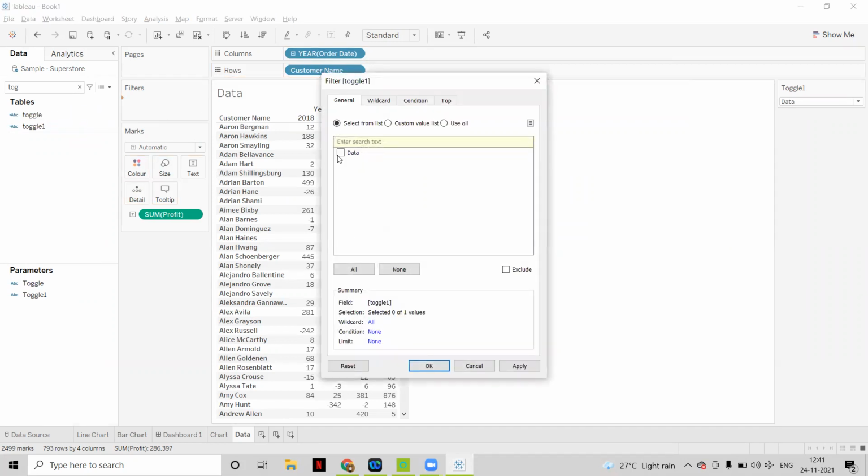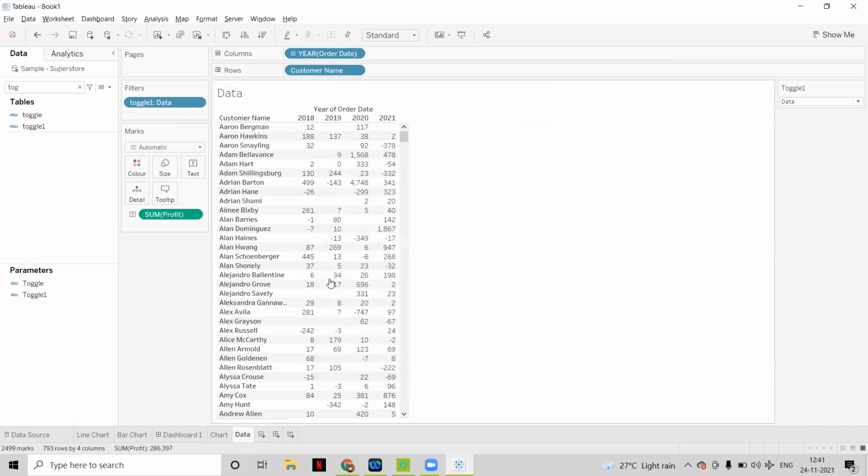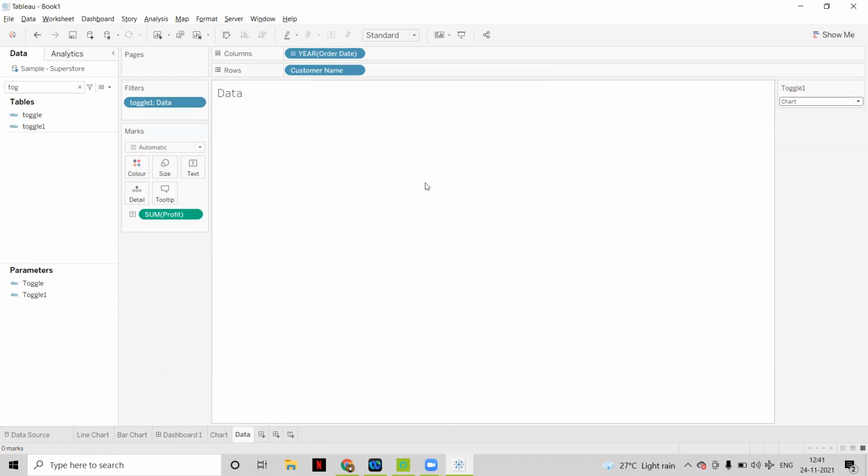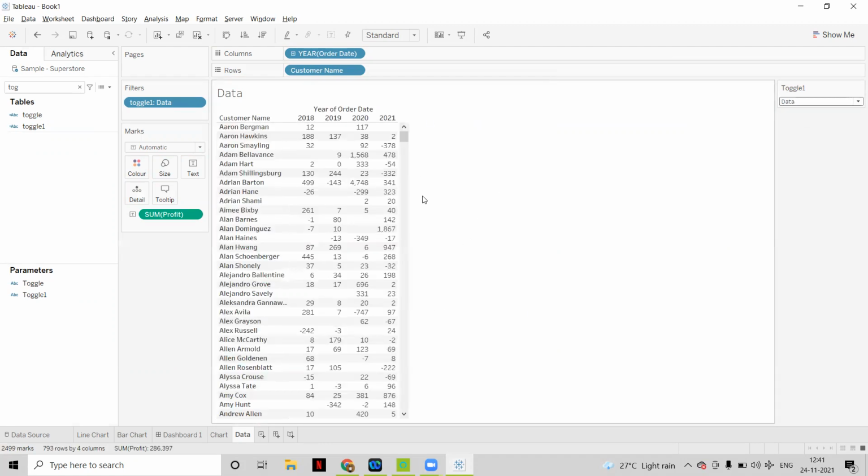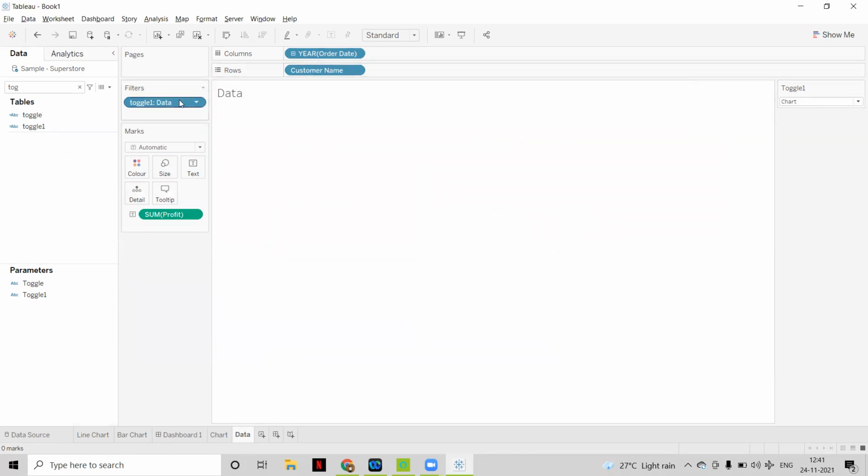And here also we can select the data. So here we can see toggle should be data, then only it is true. If you change toggle one to chart, this sheet is blank. If you select data only, this sheet will show the data, because for chart this filter condition is false. If it is false, it is not showing any data.